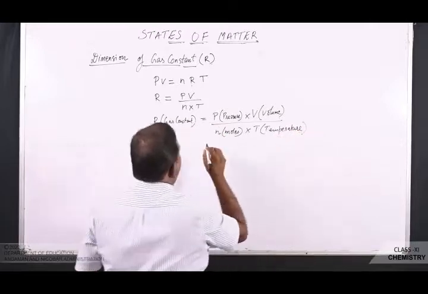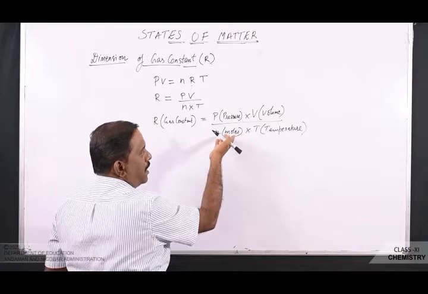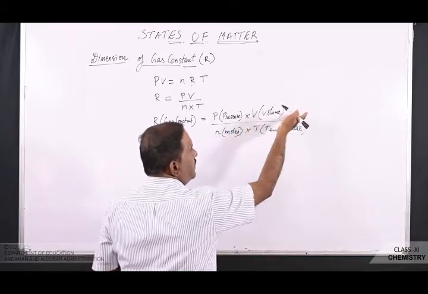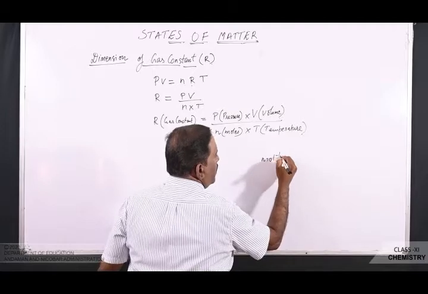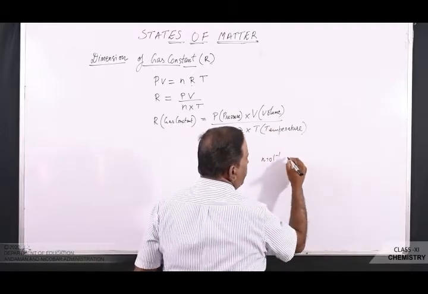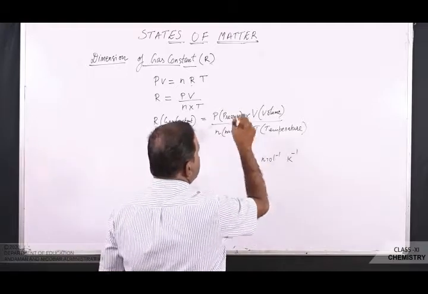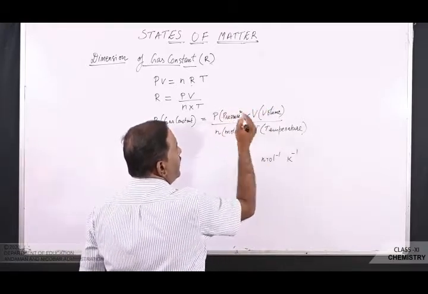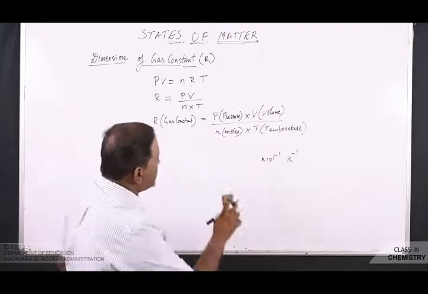Okay, so we know mole, the unit is N. When it comes up there, it will be mole inverse. Similarly, for temperature, we will give K inverse. So this will remain as it is. The change will be in P, the variable P as well as V. Now let's see what is the change.